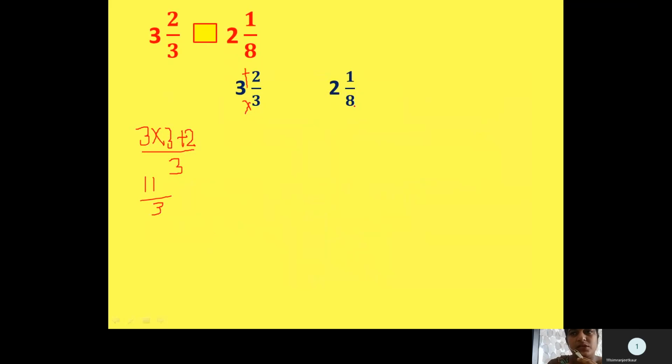Second, we are having the fraction 2 and 1 by 8. Now what to do? We will first multiply this 8 by 2, and then whatever answer comes, we will add 1 to it. Now let us just start multiplying. Now 8 into 2 plus 1. In the denominator, we are having 8. Now 8 2s are 16 plus 1. We will get here the fraction 17 by 8. So corresponding to these two mixed fractions, we have got the fractions 11 by 3 and 17 by 8.